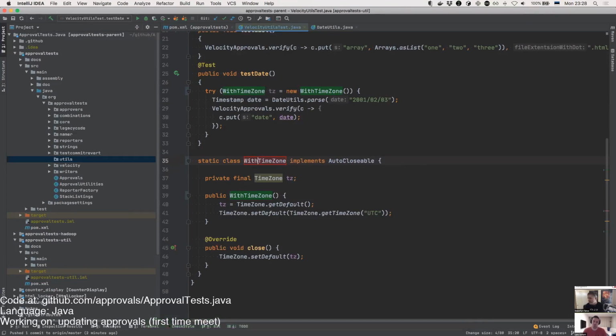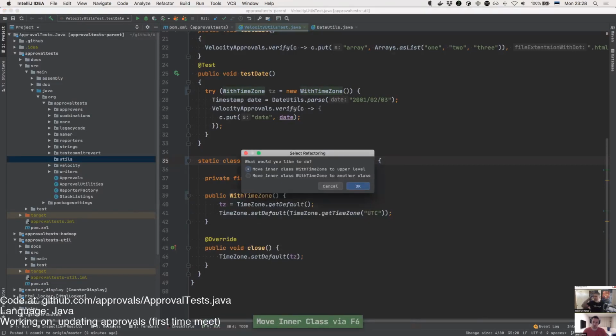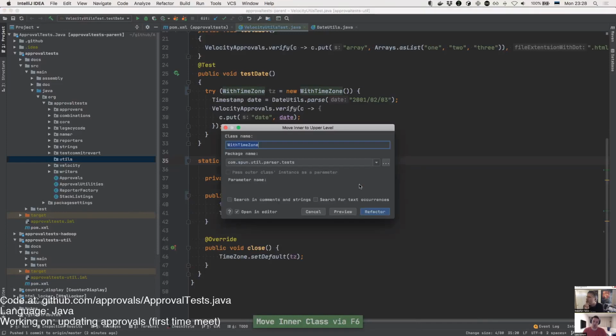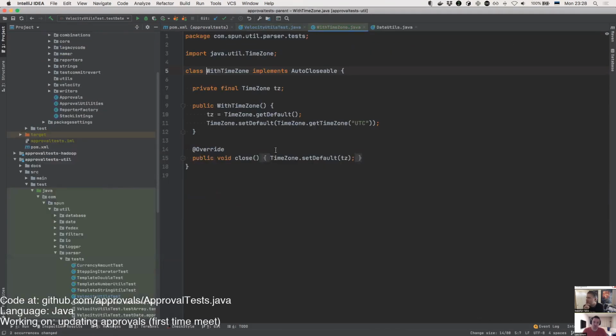Cool. And then can you move that into its own class, into that utilities? I think I have to first move it here and then move it by hand.